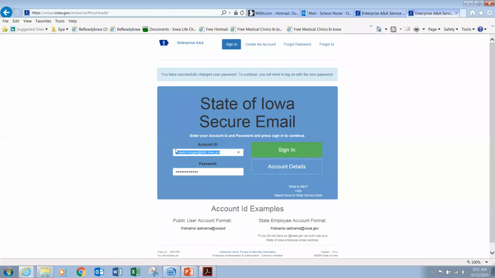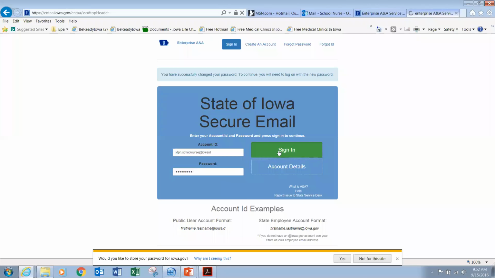Now that is not the account that I want to use. I copied it earlier and I'm going to paste it in there now. And I need to use my password here. Pressing sign in.